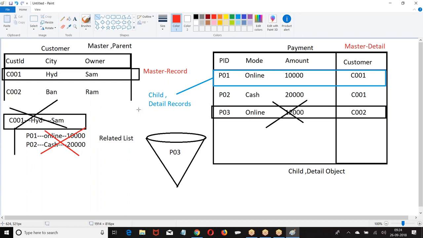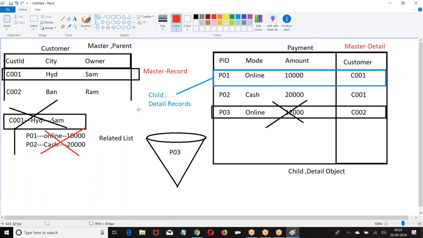When you delete the parent record, child records are also set as is deleted equal to true, but they will not be displayed in the recycle bin. What I want to display is my choice. So when you delete a parent record, child records will not be displayed in the recycle bin. But when you undelete the parent record, the corresponding child records are also undeleted. Now once again, start from the beginning.